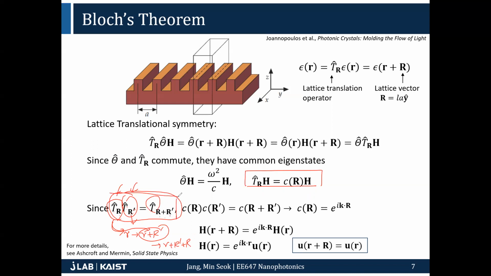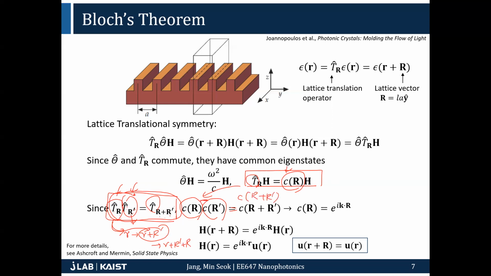This is just a translation. You can add two translational operators into one. Applying this to that equation, the eigenvalue of T_R, which is C(R), and the eigenvalue of T_R', which is C(R'), if you take the product of these two,